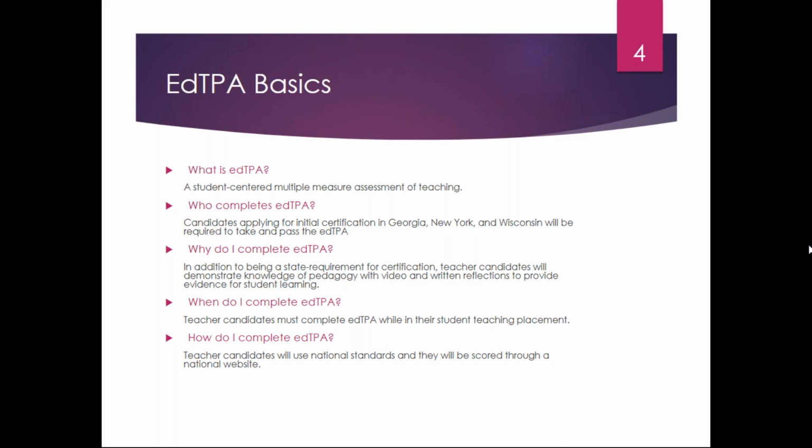And when you pay, you get access to the electronic portal, and that cost also covers the cost for your official scoring. Now that's all done outside of GCU. That's done through your exam provider, your EdTPA portfolio provider, which is the testing company Pearson. But there is a cost. It is $300. So I suggest that you prepare to have the fee for that cost ready at the start of your student teaching.